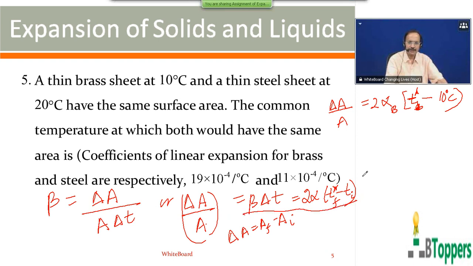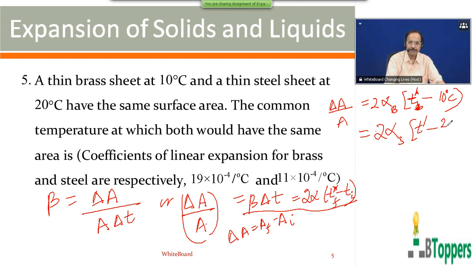I am using this equation for each sheet separately. So for the second sheet, which also has the same original surface area and same final area, that means the fractional change in area will be the same for both at the common temperature T dash. So that is equal to 2 into the fractional change in surface area of the second sheet, 2 into alpha for the second sheet, which is made up of steel, not alpha. Final common temperature T dash, initial temperature of the second sheet is